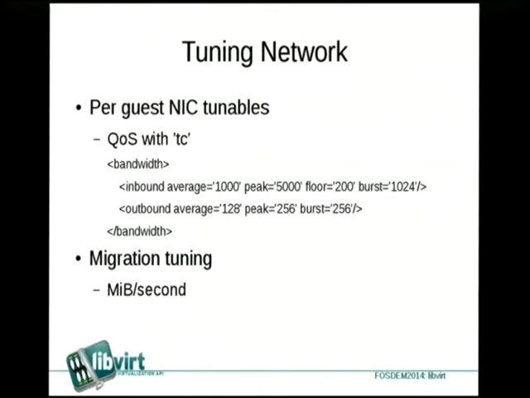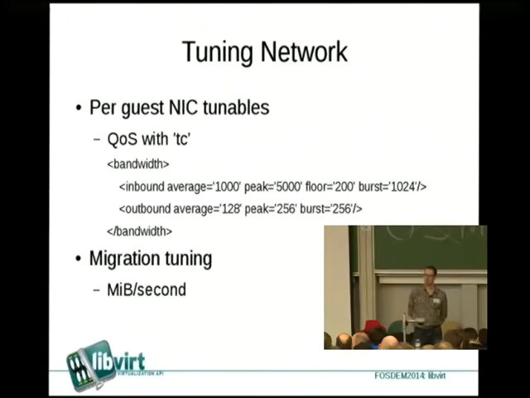Okay, this is the last slide. You've got network tuning, where again you can set up various policies on bandwidth utilization, which just delegates through to the Linux traffic shaper. And that's basically it. That's a whirlwind tour of some of the features of Libvirt